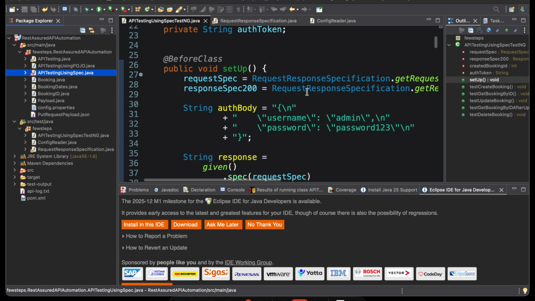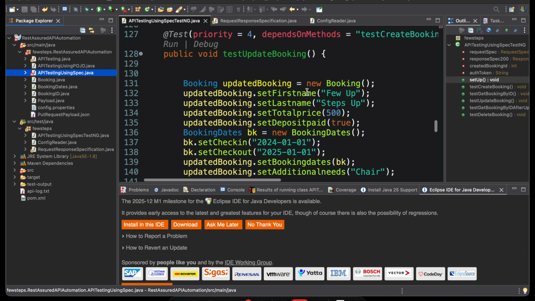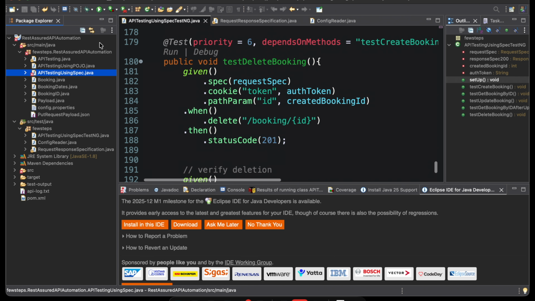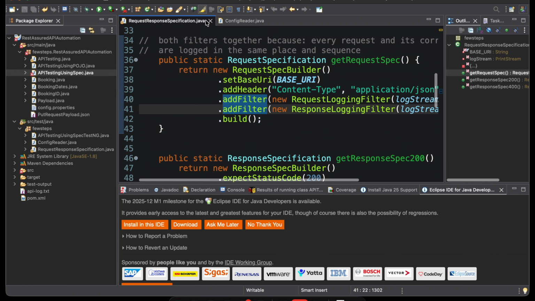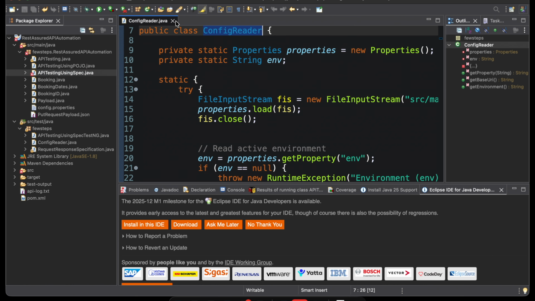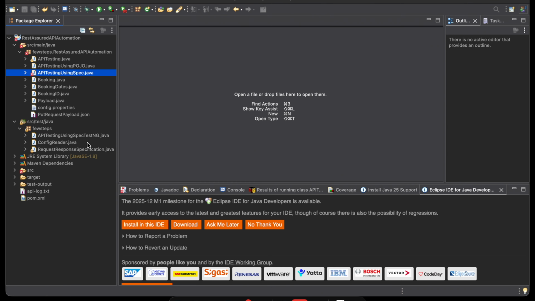So still it has some errors, but anyway, we have to fix it, right? I don't know what the error is. Let me run this first. So I'm going to close this, close and close. So API testing,